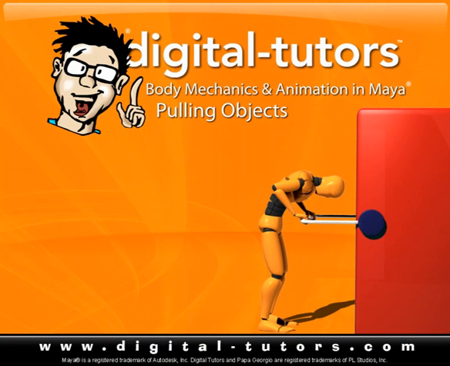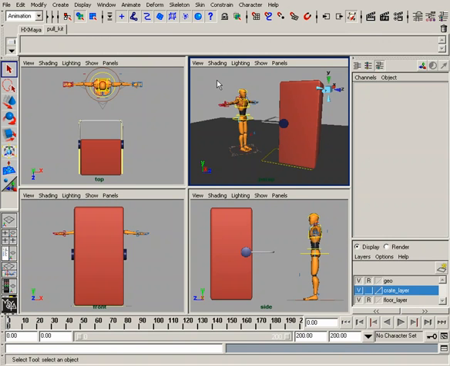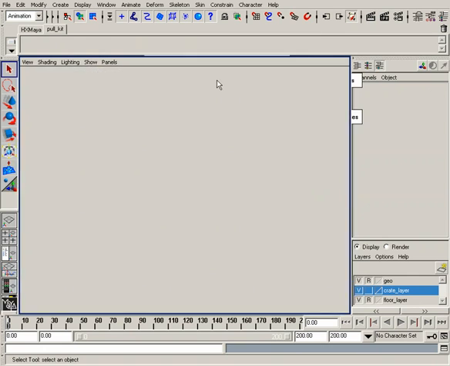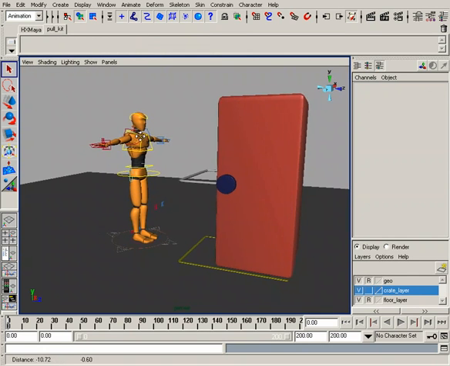Let's get our scene ready for the project. You'll be able to find this scene in the My Data folder, and it's called pull_start. Alright, so we can now focus in on our perspective view, and first things first, what we're going to